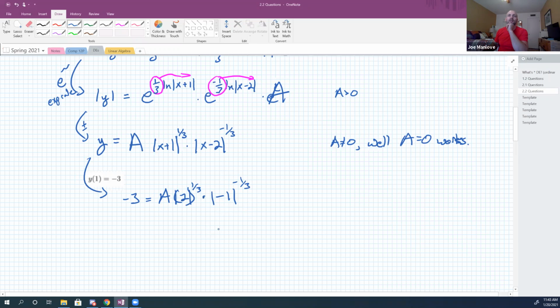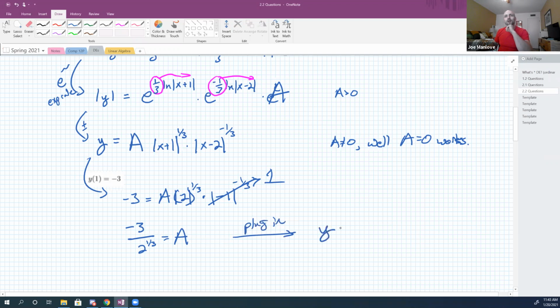Okay, so out of that, I get what? There's lots of negatives in that thing. Is it 3 or -3 over 2 to the 1/3? Yeah, so this whole piece is 1. Right, because the absolute value of -1 is 1, which is why you needed to keep those absolute value bars, right? And then 1 to a power is 1. So I think I have -3 over 2 to the 1/3 power is a. You guys with me on that? Okay, so that means